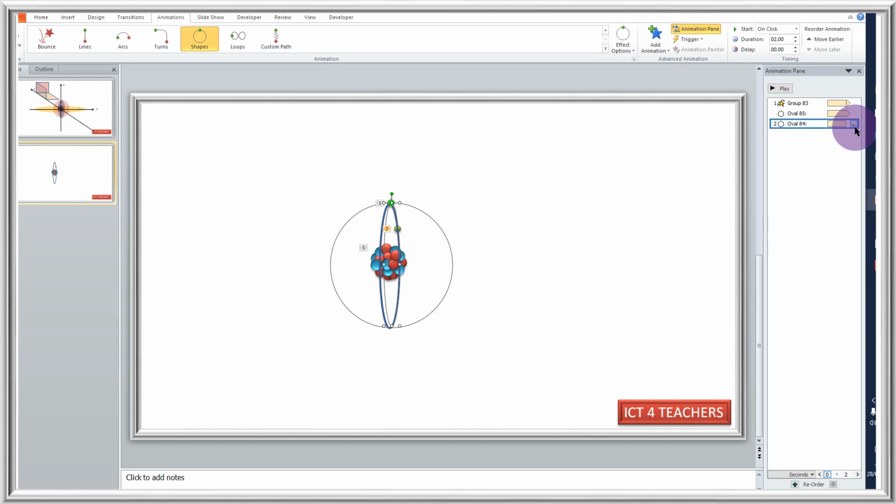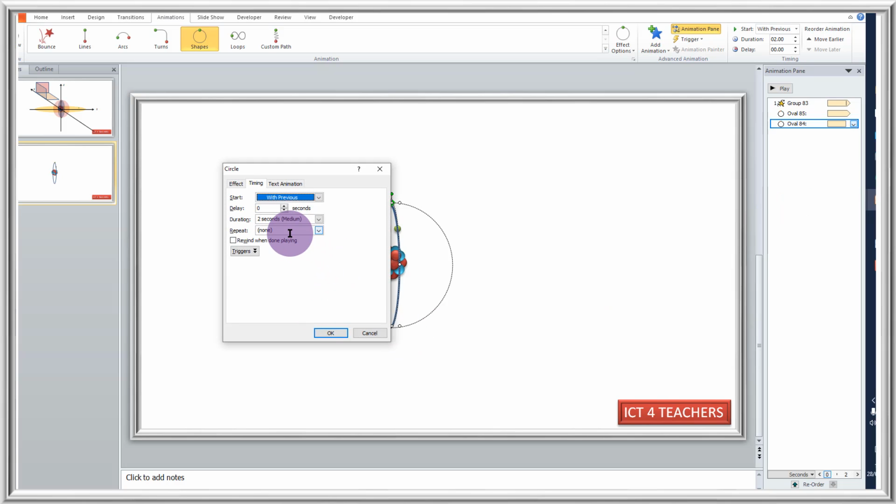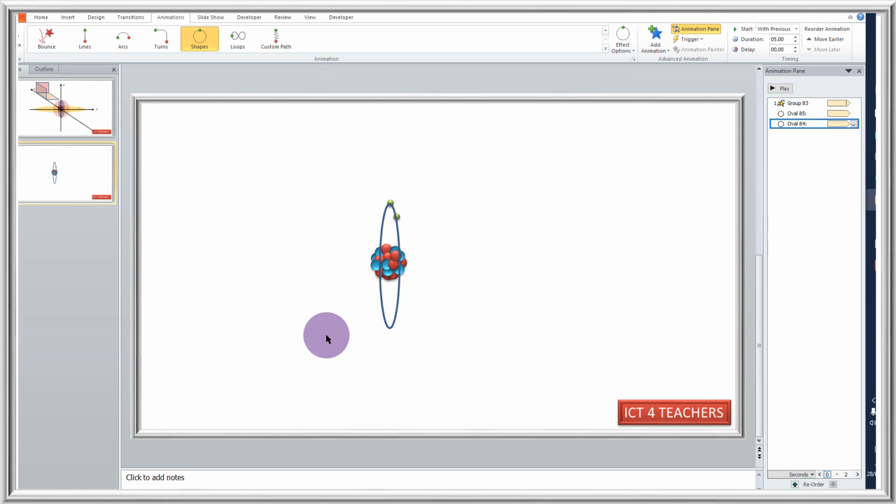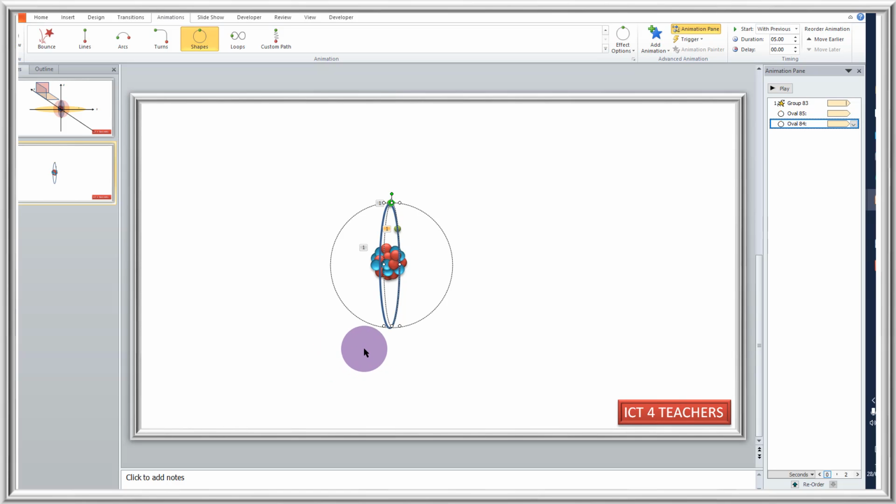Of course, I want it to start with the previous, and at the same time, I want it to rotate until the end of the slide. How about the timing? The timing for the other one was 4 seconds. I want to make this one 5 seconds because I want to observe its motion there. Nice. But when it is around here,